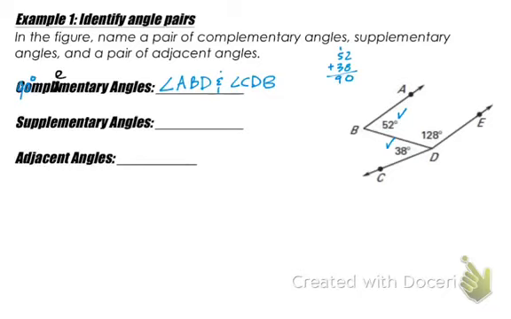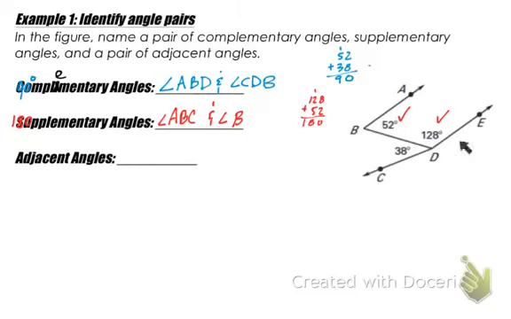Now for supplementary, a little trick that I like to use is I would draw a 180 using the S and the U, just like that. I mean, helps me at least. So then I need to find two angles that add up to 180 degrees, and I'll take the 52 and 128, add those up, see if they check out, and it does. So then I would write down angle ABC and angle